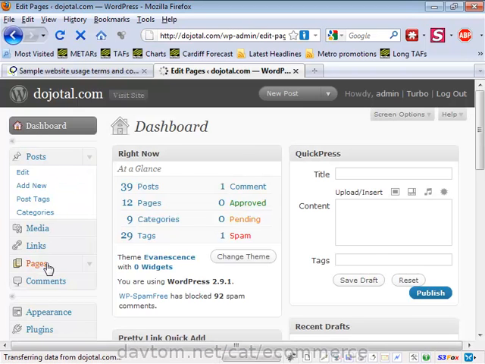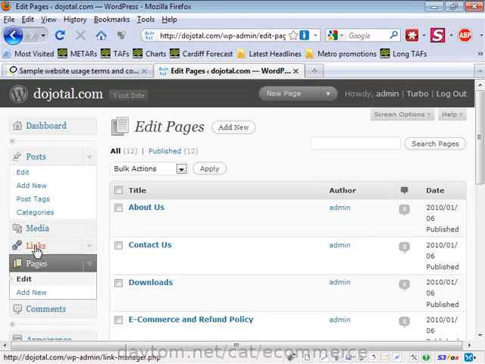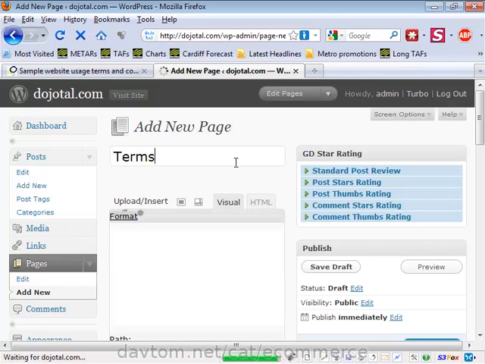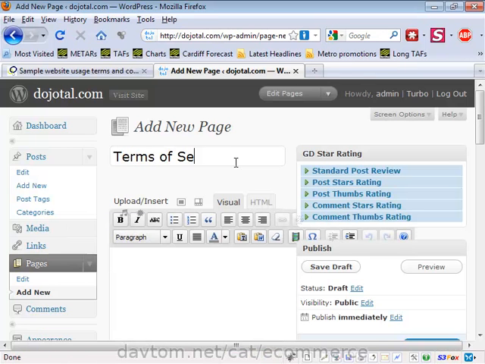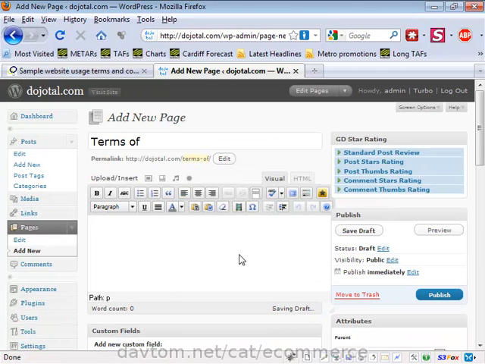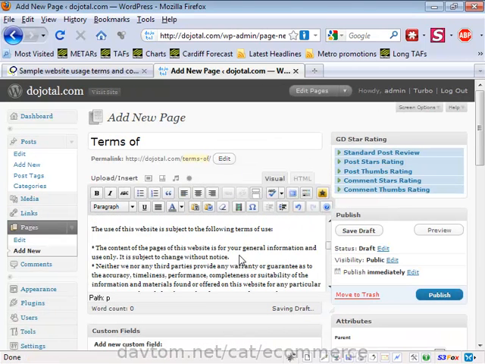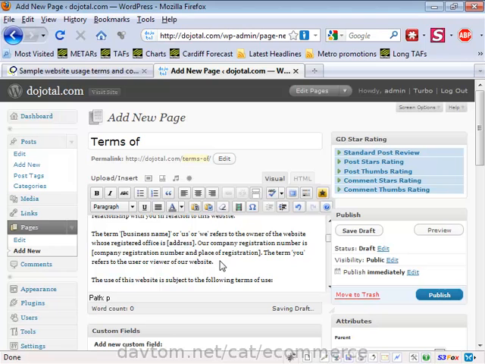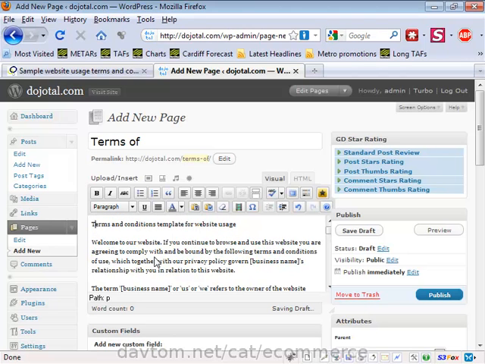click on Pages, click on Add New, and then I can add a page called Terms of Service. I'm not going to actually add one on this occasion because I already have one. Then it's just a matter of pasting this in. There's a capital T on the left hand side, and